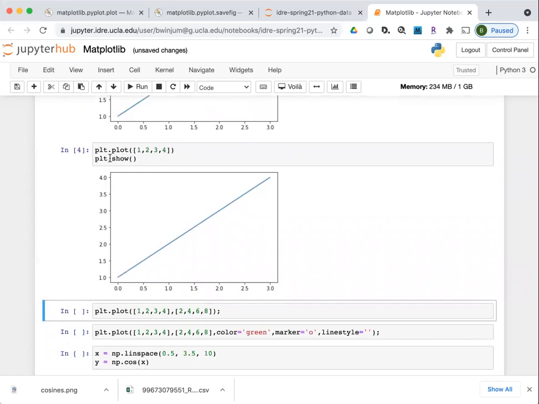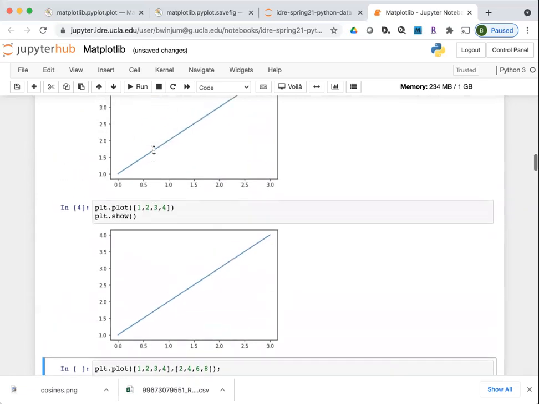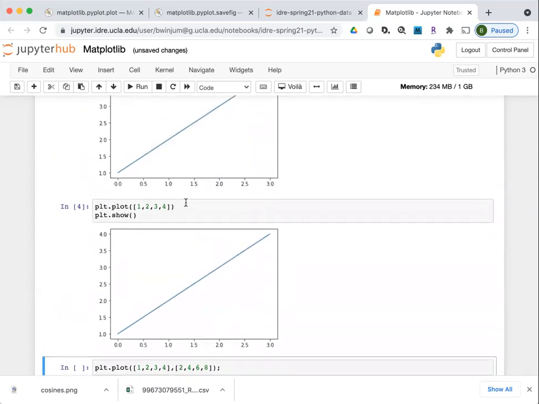And since the show itself isn't one of the matplotlib objects, you don't see that object line. So I may jump back and forth between the plt.show and the semicolon, but those are two ways to show the graphics within these Jupyter Notebooks.